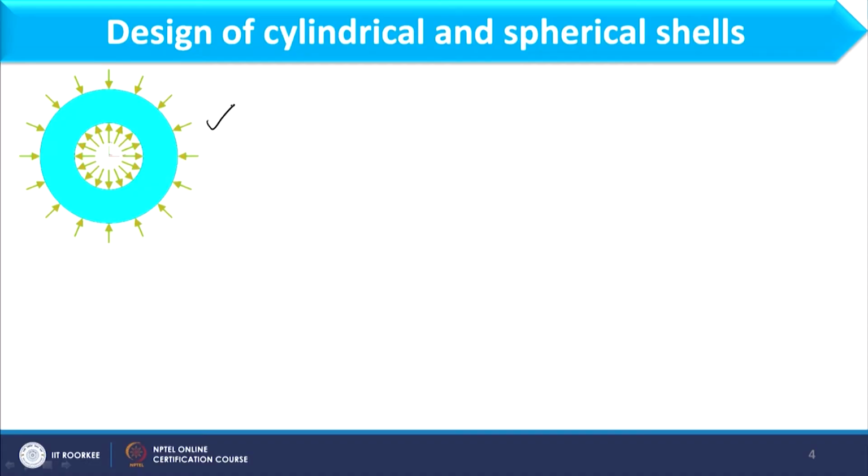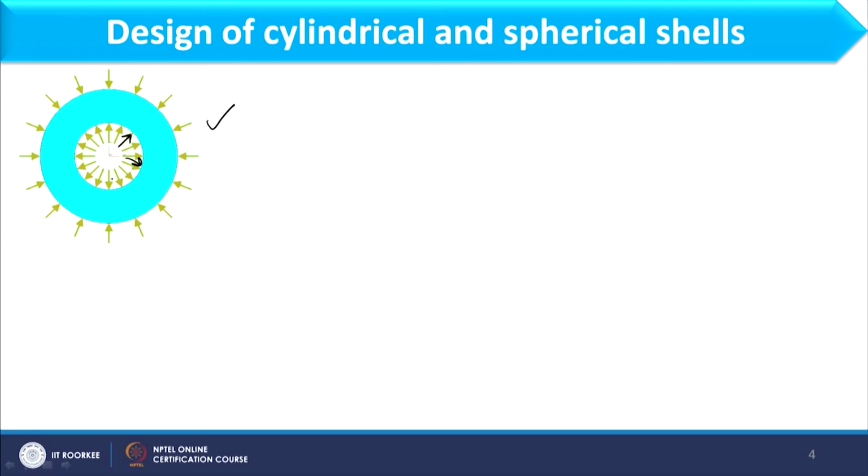As far as derivation is concerned, we will consider the cross sectional image which we have just discussed, and which is also shown over here, where both internal pressure as well as external pressure act. Internal pressure, if you consider in this image, will try to expand this periphery. However, external pressure will try to squeeze this outer periphery. So both pressures are acting, and this condition would be the extreme condition which can ever occur in a pressure vessel design, and therefore we are starting design from this stage only.